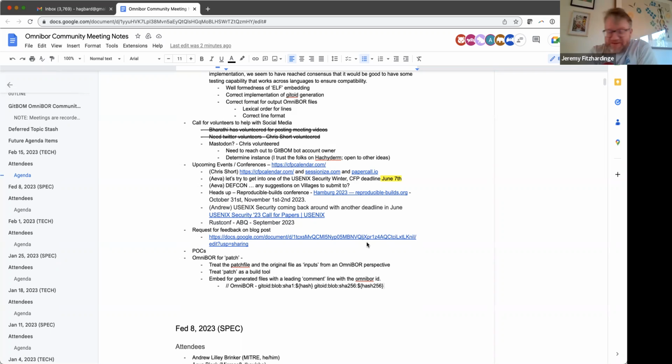Well, I'm sorry I was late, so I'm missing all the context here, but I did catch just the last couple of minutes. My immediate reaction is this seems out of scope for OmniBOR, because we use source control for managing changes to source files, and so